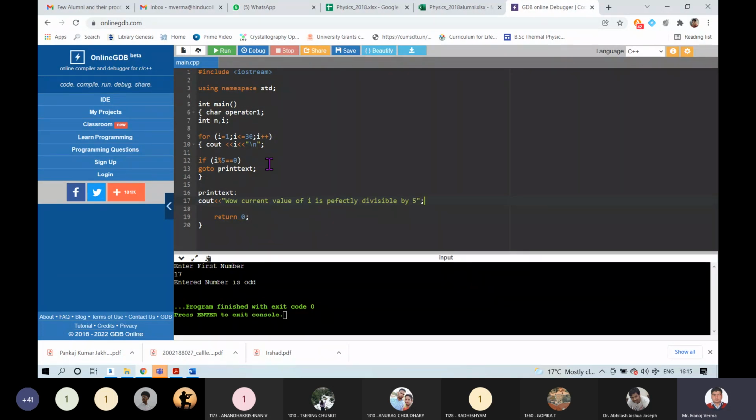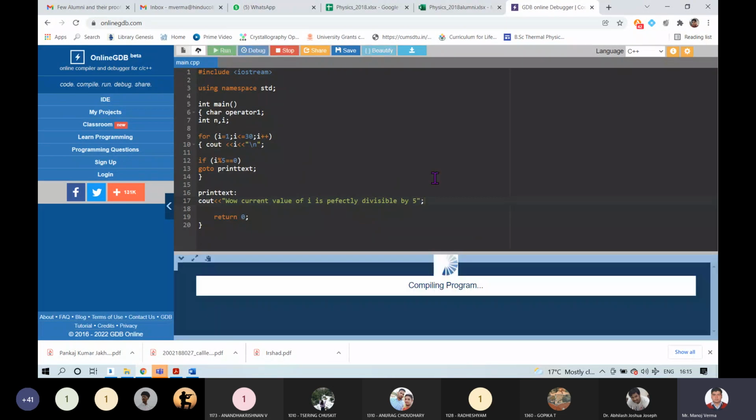I am also checking if I is divisible by 5, then go to this label, and I am ending this for loop. And of course I have to define this label print text, and this print text has code of this text: current value of I is perfectly divisible by 5.